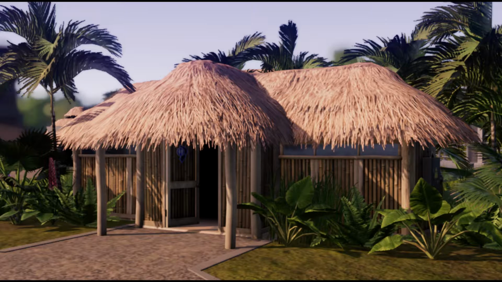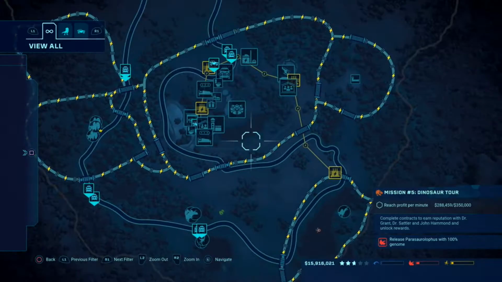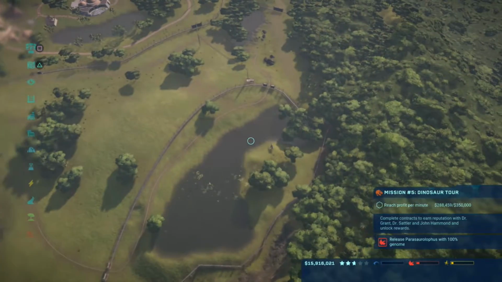And you also now have to take care of restroom management since Frontier has finally added restrooms to the game. And say what you want, but little things like this make your park look more realistic, a look that a lot of people are trying to go for, so the addition of restrooms and restroom management seems very fitting for the park. Anyways, after you finally open your park, you now have to fill it with a bunch of dinosaurs,